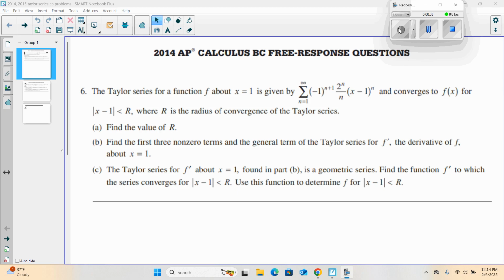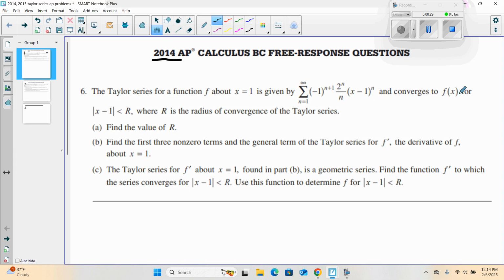This is a lesson where we're going to cover a couple of free response questions on the topic of Taylor polynomials. So here's our first one. This is from the 2014 BC exam, question number 6. We've got a Taylor series for a function f centered at x equals 1 is given by this sum and